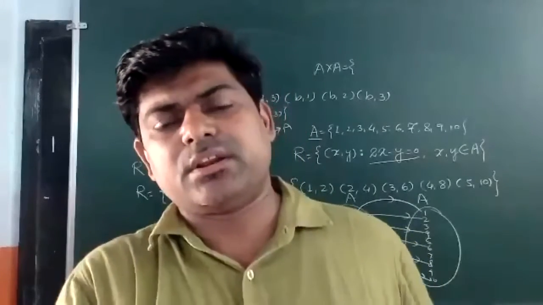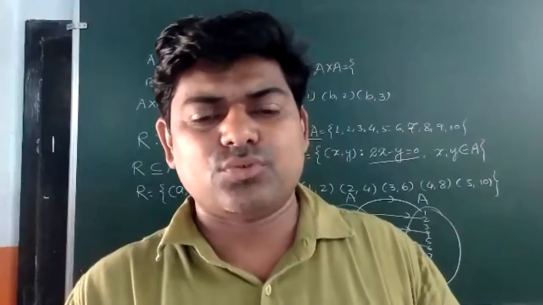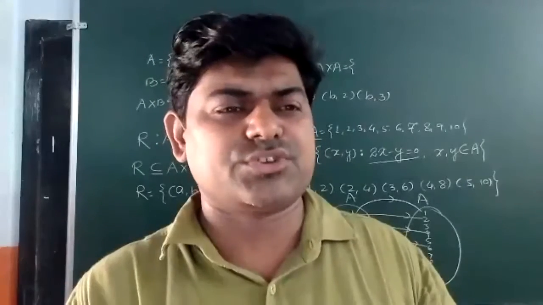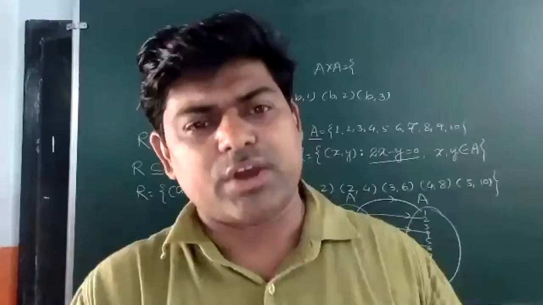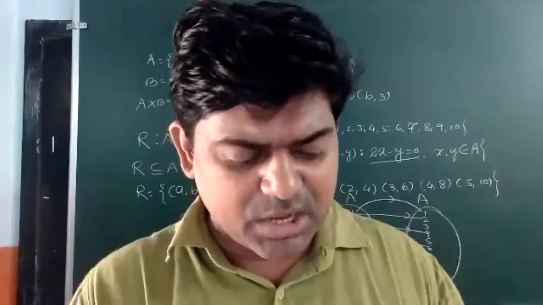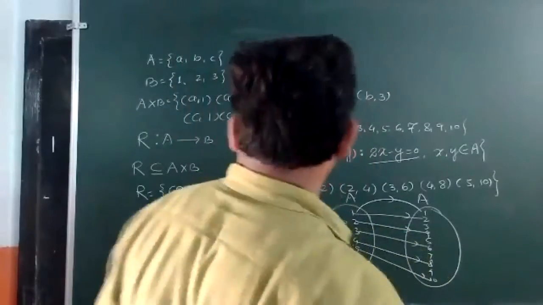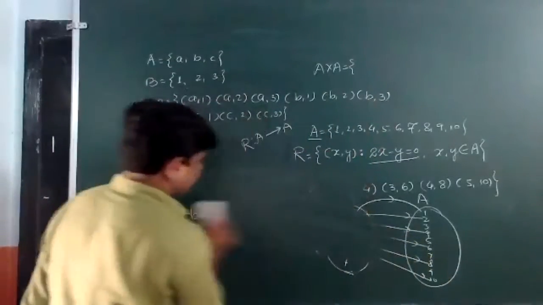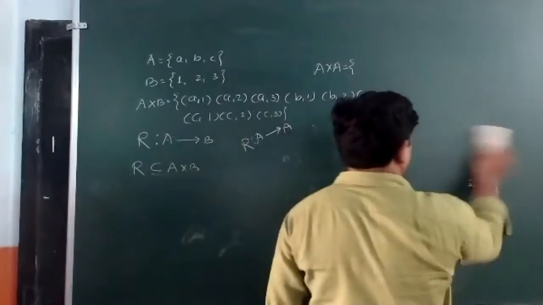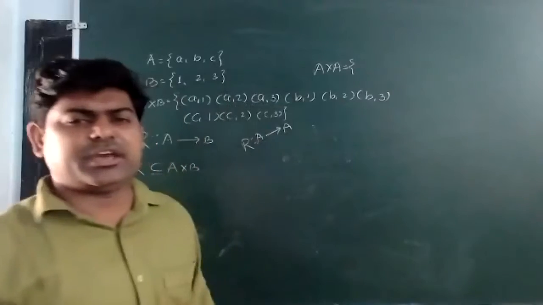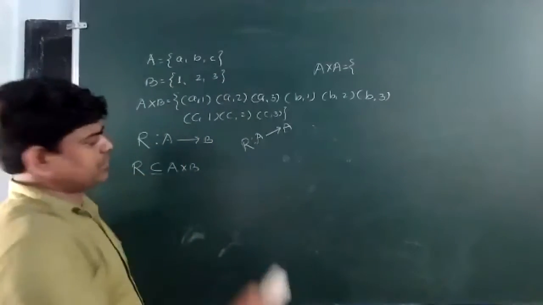Actually, linear relation means what? If the elements are X, Y, then in a linear relation I can say Y is equal to AX plus B. If we are talking about the linear, it can be written as AX plus B. If I am talking about the quadratic relation, that time we will take AX square plus BX plus C, the standard form of the quadratic relation.